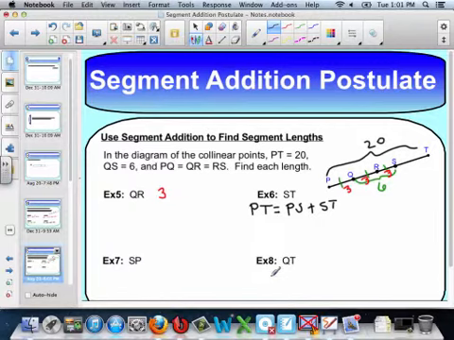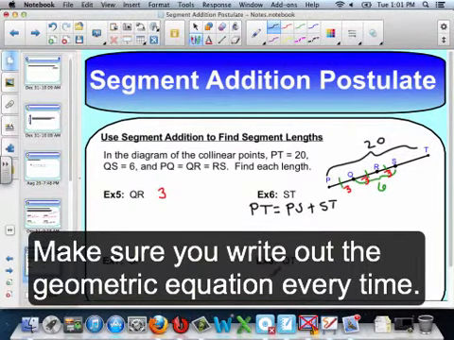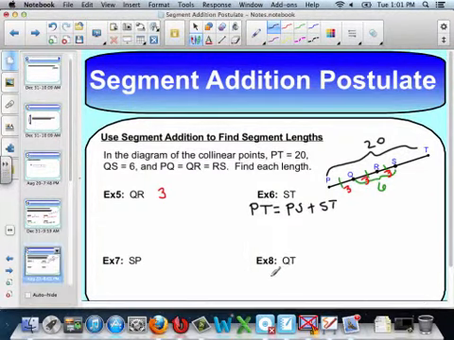Now some of you might need to do more work to figure out what PS is, but we've already shown that each part up here is 3 units. So how long is PS? 9. How long is PT? 20. So now we're just substituting. 20 is equal to 9 plus ST. And now how do I solve for ST? Subtract 9 from both sides. So ST is equal to